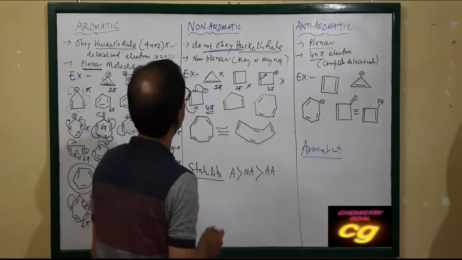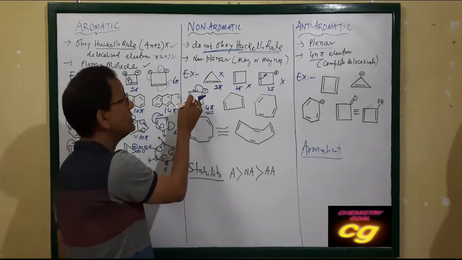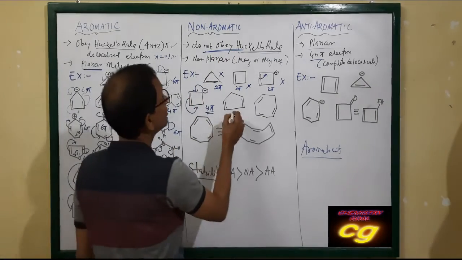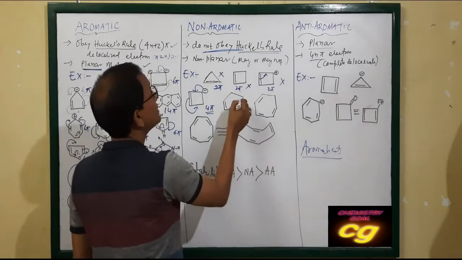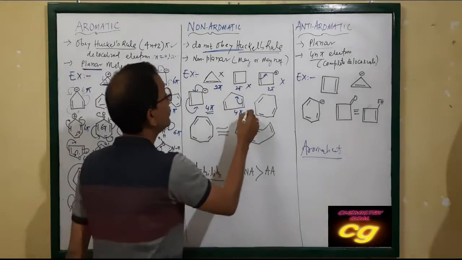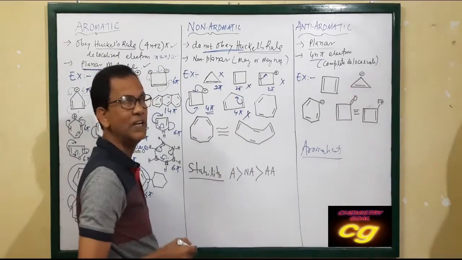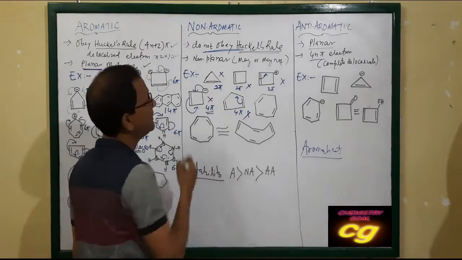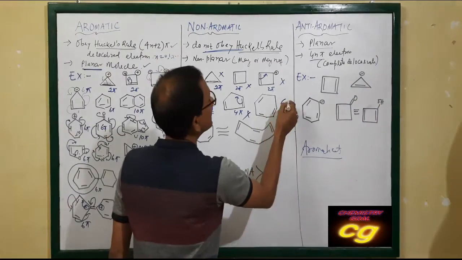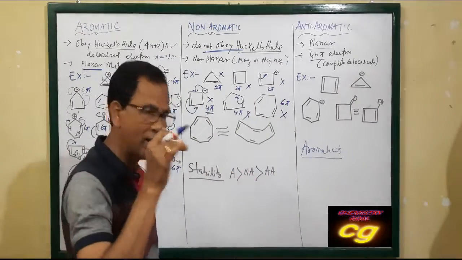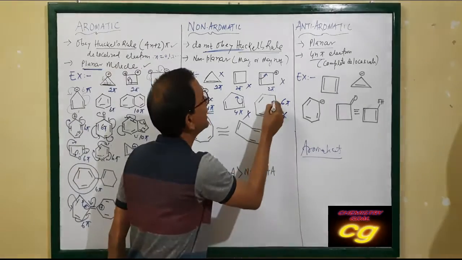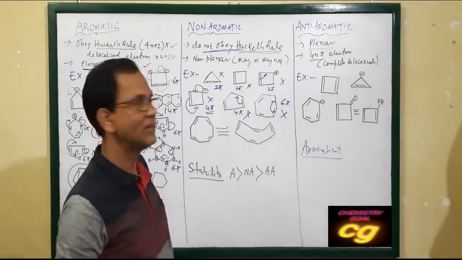And this one, no complete delocalization is here, and also it is not satisfying 4n plus 2 pi electrons. This is also 4 pi. Delocalization is not possible on this side, and on this side there is no conjugation, so no complete delocalization. Here no complete delocalization. Here also no complete delocalization. 6 pi satisfies 4n plus 2 pi, but this 2 pi is not completely delocalized, only to this side. There is nothing further. That's complete.